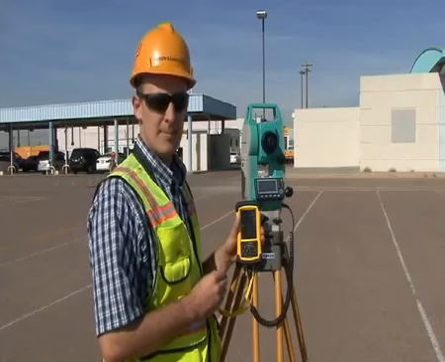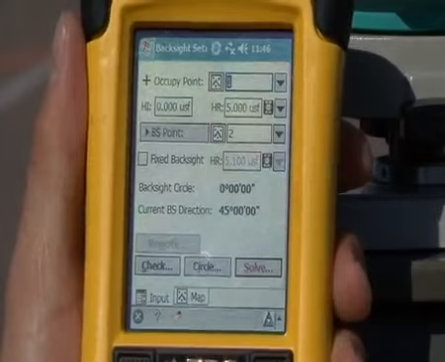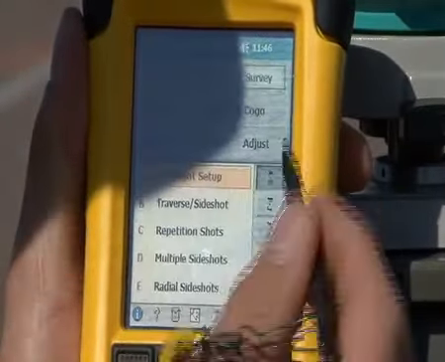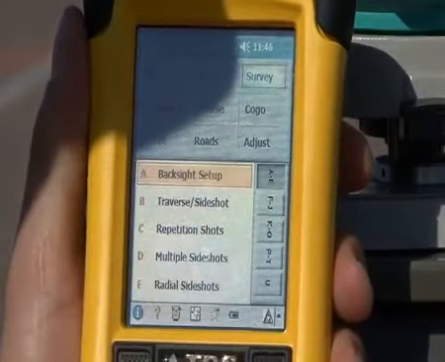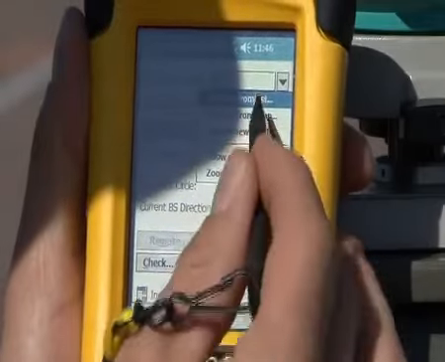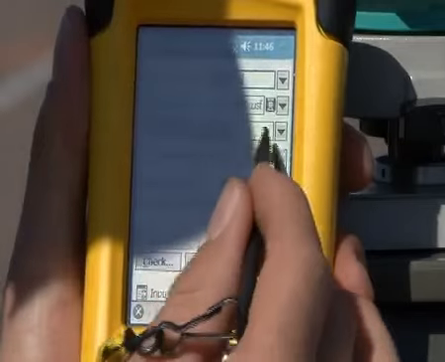Now we're going to do an example of taking a side shot or an as-built shot. Now we're going to set up our occupy point and our backsite point. The way we got here is by going into survey and then backsite setup. We're going to use the points that we already traversed, so I'm set up on